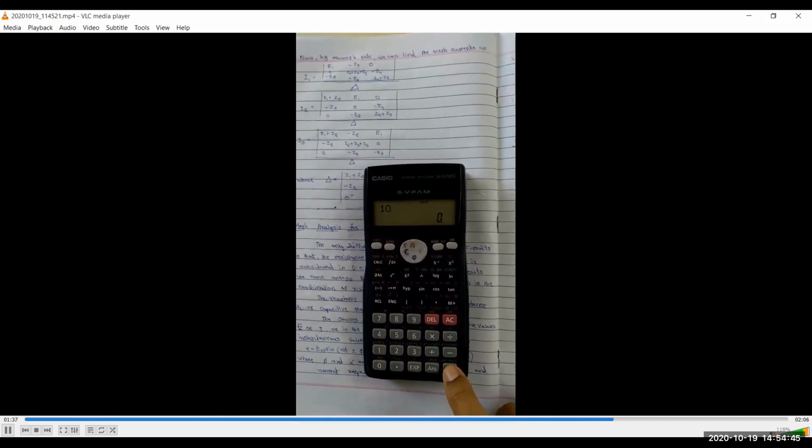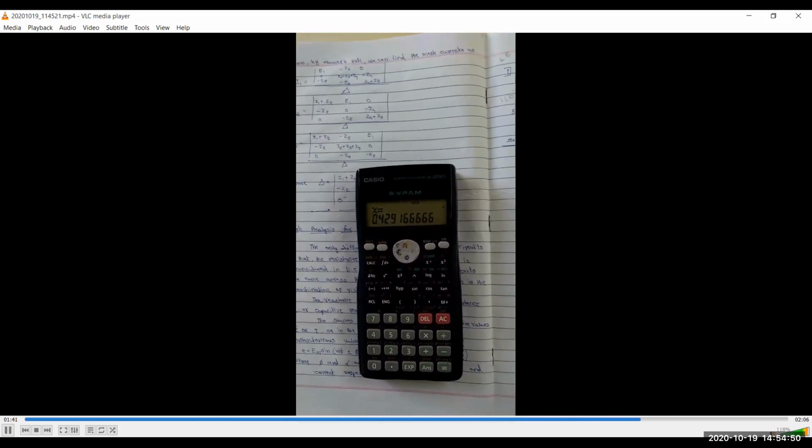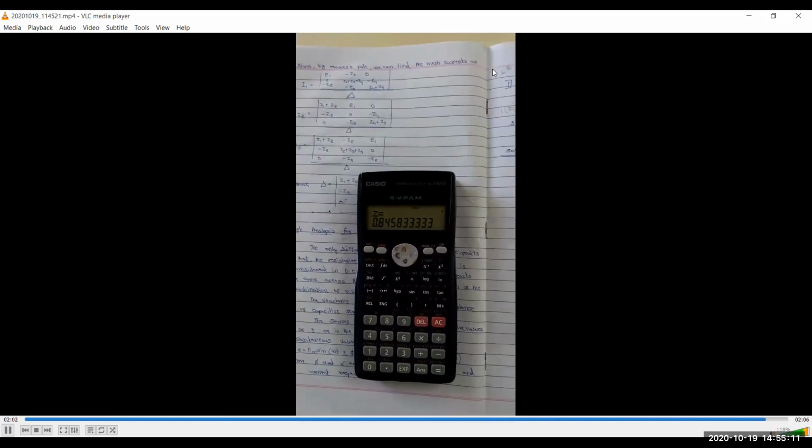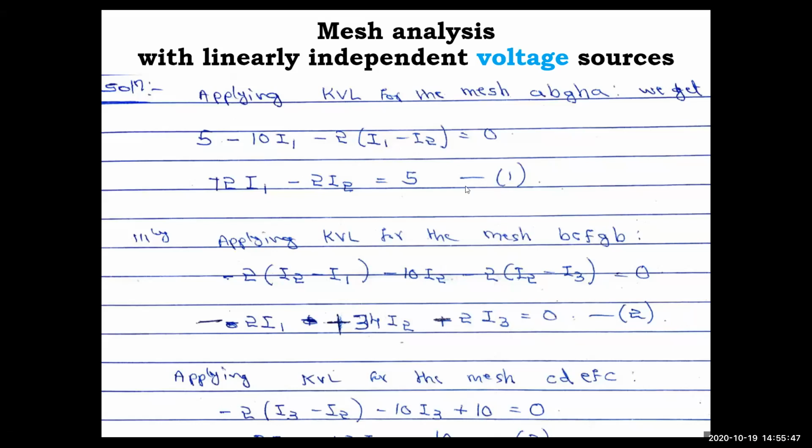When you click enter, you'll get all the three unknowns. The first unknown x is nothing but your i1 current, which is 0.429 amps. Similarly the second, y equal to 0.075, is the value of i2 current, 0.075 amps. And similarly z equal to 0.8458, so approximately we can take 0.846, or you can keep 0.8458. That is the third unknown. Thank you, hope you have understood.